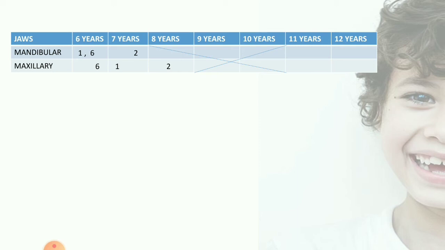At 9 and 10 years of age, there is root resorption of primary teeth and root development of permanent teeth respectively. At the age of 11 years, firstly, mandibular canine and mandibular first premolar erupt into the oral cavity, followed by maxillary first premolar. And then at the age of 12 years comes the odd number series, that is 3, 5, 7 of maxilla, that is maxillary canine, maxillary second premolar and maxillary second molar, followed by mandibular second premolar and mandibular second molar.